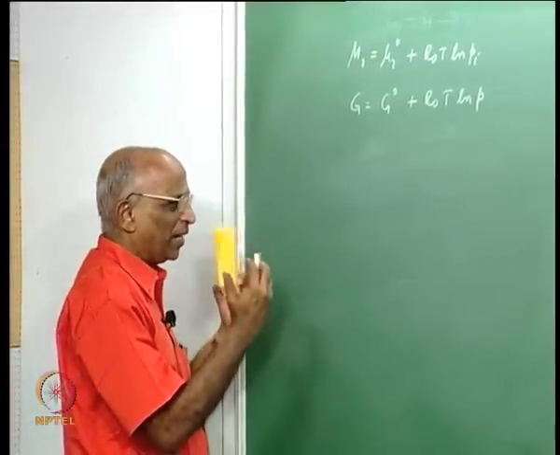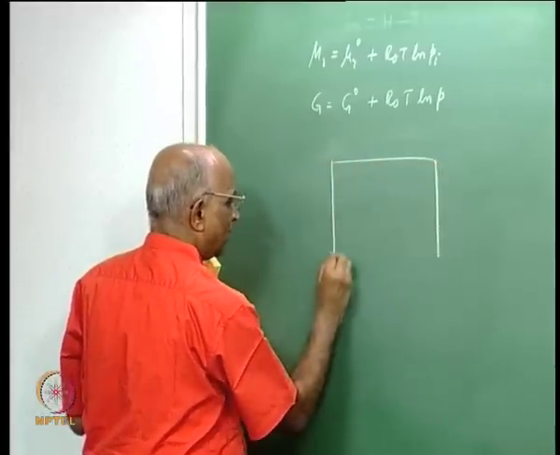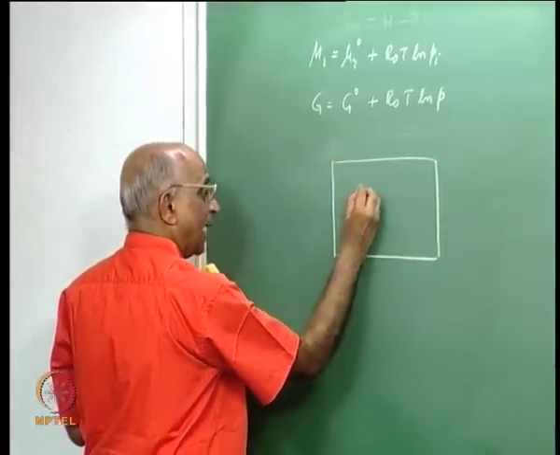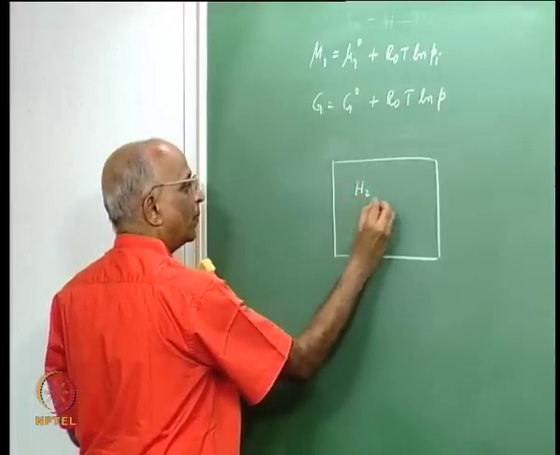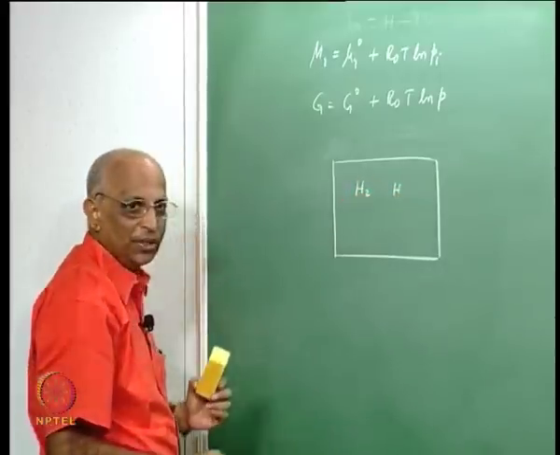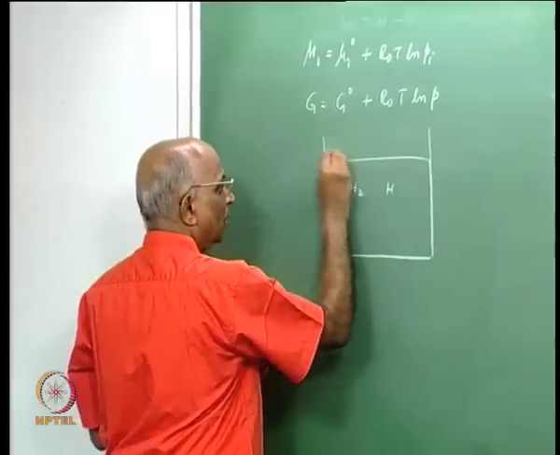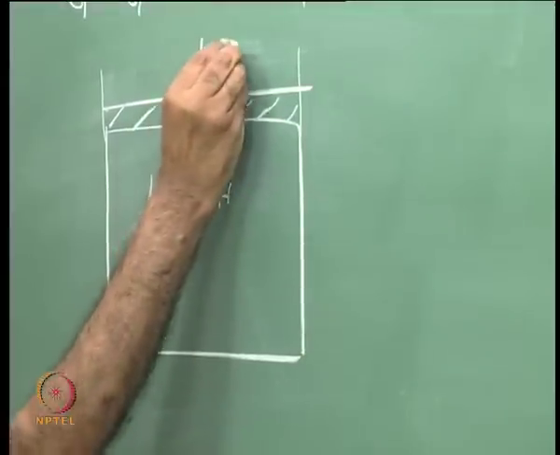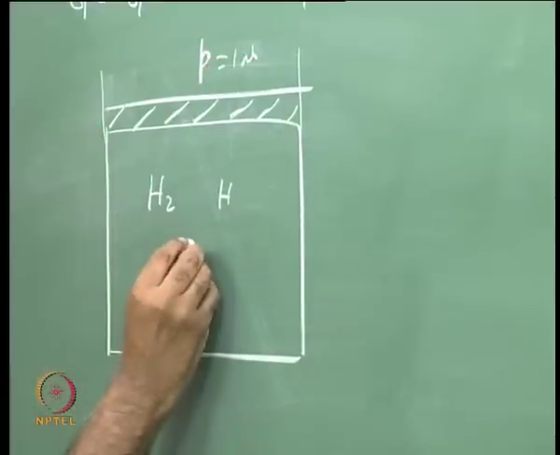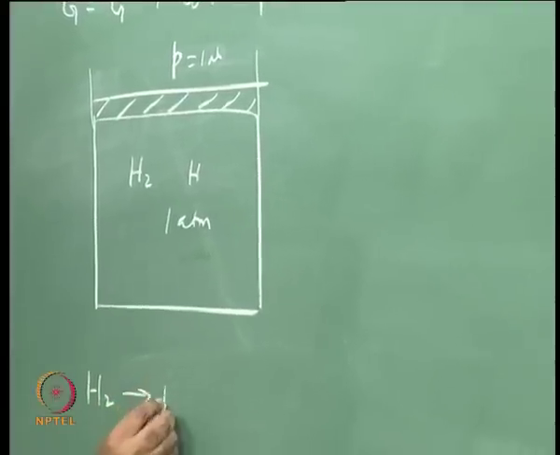Now I want us to get a little more physical understanding. Let us go back to the problem where I have a gas, let us say hydrogen, a constituent H2. I heat the hydrogen gas at constant pressure, as it were. That means I have a massless piston surrounding it, and ambient pressure is 1 atmosphere. Since it is massless and frictionless, the pressure here is 1 atmosphere. I heat it. When I heat a gas, I write this equation H2 becoming H plus H